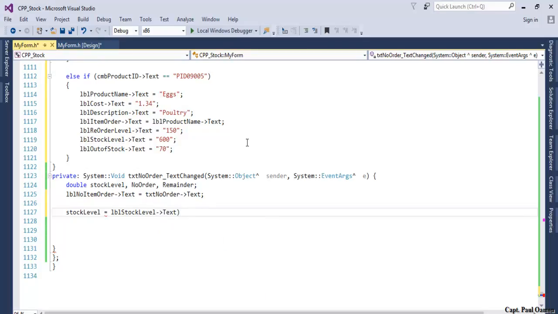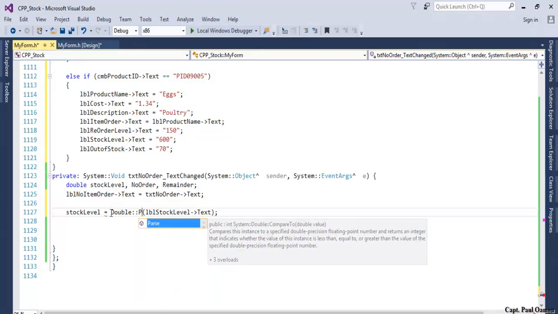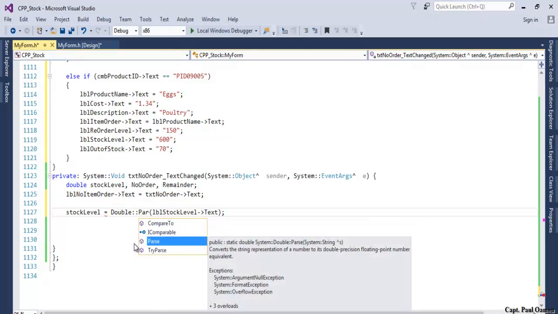Okay, let's come in here, and now we actually need to convert it, so that becomes, let's go for double colon parse, yeah,